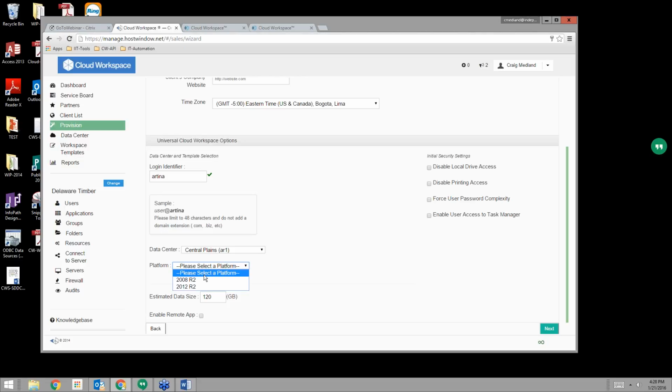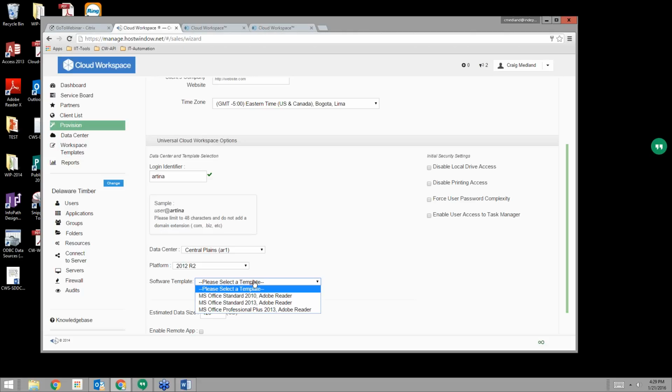Say they have some old CRM apps that only run on 2008, then you probably want to choose 2008. But more often we find that it's a decision based on the end user experience. A 2008 R2 Windows Server will deliver a Windows 7 like end user experience, whereas 2012 R2 will deliver a Windows 8 like end user experience.